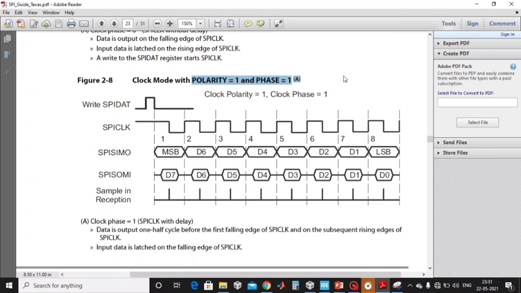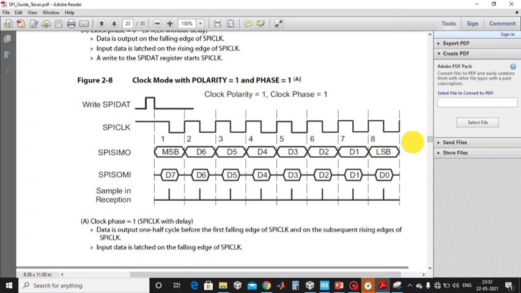It is very important to note that the SPI clock is specified in the datasheet of the device with which you are communicating, but sometimes the clock polarity and phase information is not directly given in the datasheet. We have to see the waveforms which are given in the datasheet and we have to decide from those waveforms or timing diagrams which SPI mode is there with that device.